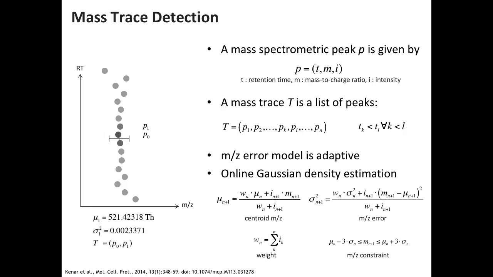Now we can start adjusting this error. So this error is going down because we see, no, they're not 1 ppm apart. They're just 0.1 ppm apart because the mass accuracy is very high. We have high intensity peaks there. They are well picked, and that helps us to figure out how far we can go, because we just keep on adding these peaks until back here, when these peaks start scattering around, we say these are no longer part of our mass trace, and we have an accurate estimate of the mass error within this mass trace that is much better than a nominal instrument accuracy.